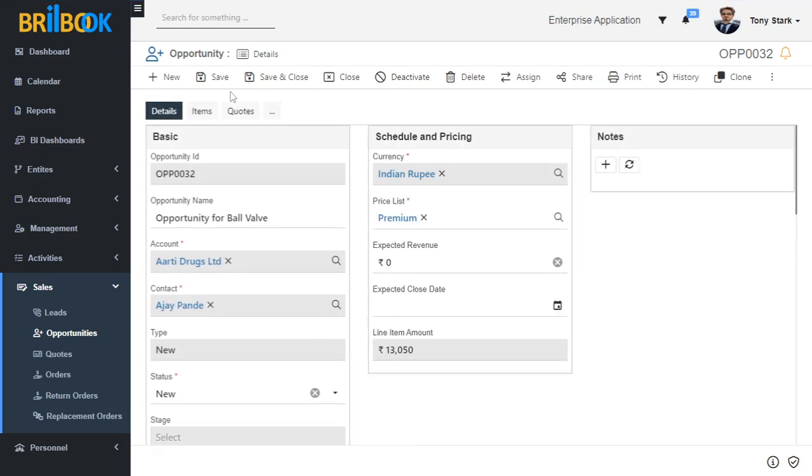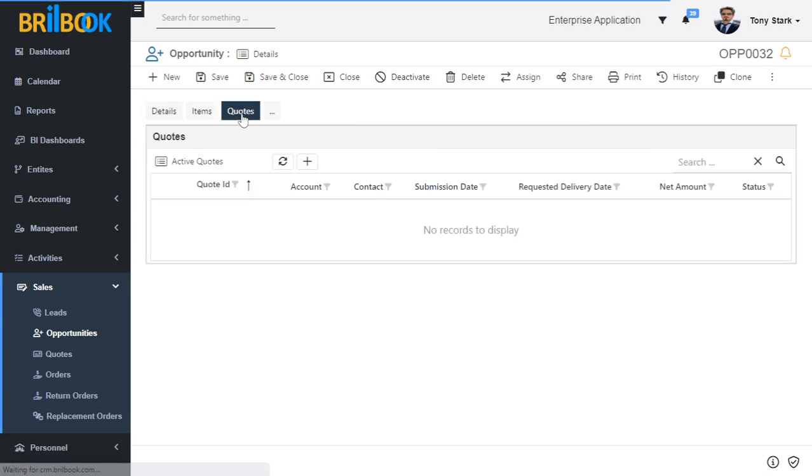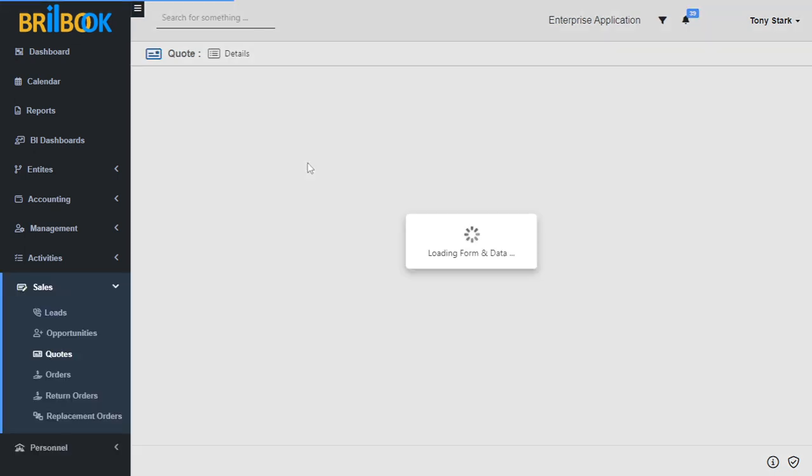After successfully creating an opportunity line record, we step forward to creation of quote record. To create a quote record against that opportunity, click on quotes tab besides the items tab and click on create button to create the quote record.